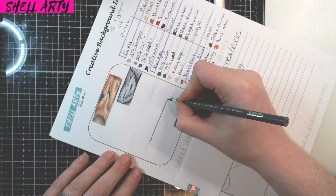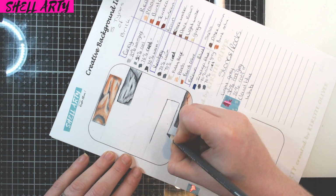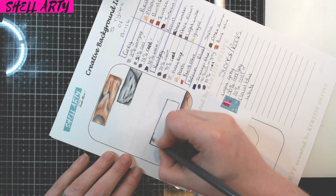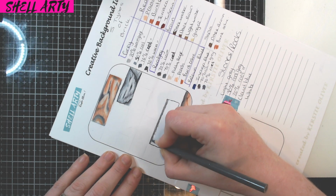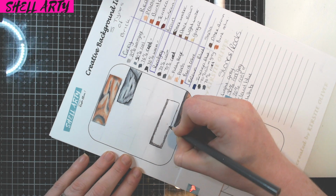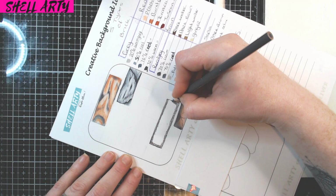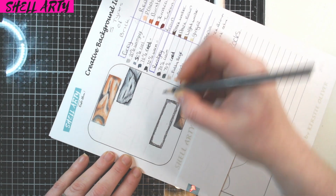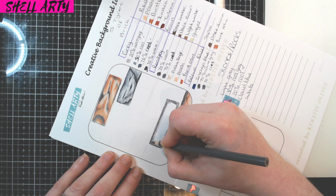So 70% warm grey to start off with. I'm just going to do exactly what we've done on the other one. Nice dark edge in a scumbling pattern, which is the tiny little circles that you do. And then making that blend line slightly lighter pressure,